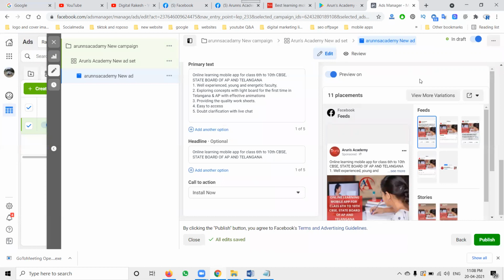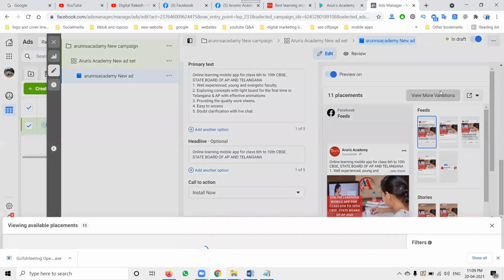So guys, as a beginner, they can't understand. The method is called properly mentioning. I'm an expert, so I can easily mention it with my budget and finish the ad. So first of all, the major thing is how you can advertise your mobile application on Facebook. First of all, understand the method. What page you design, what Instagram, what Facebook, that should be more attractive to the customers. That is the first thing you should keep in mind.